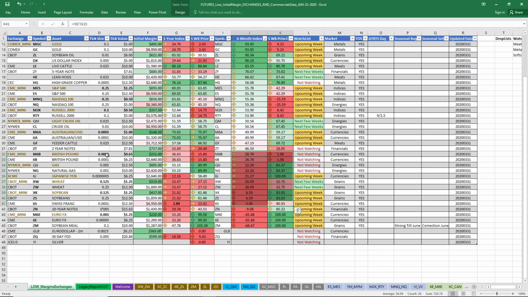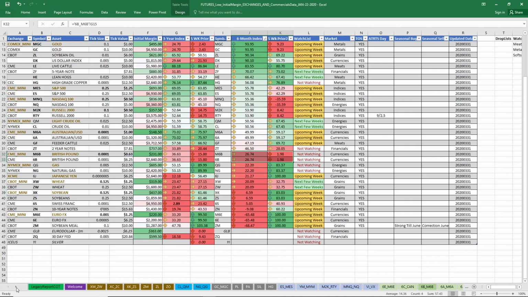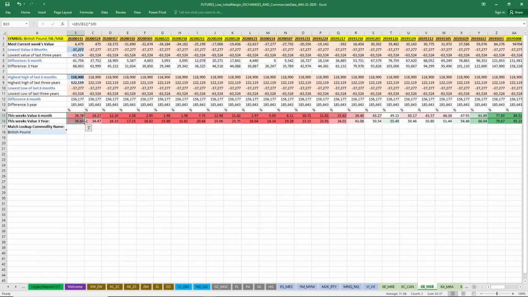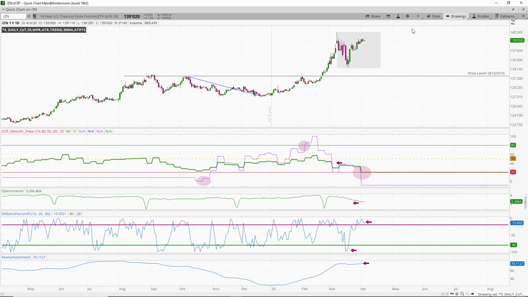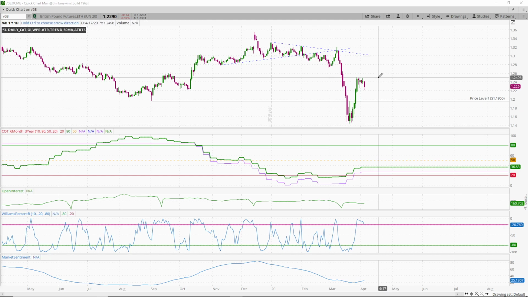So here's the rest of it. British pound, I haven't been paying attention to the British pound very much, but it looks like they're lifting their head just a little bit ever since. Oh, wow. I mean, look at all that red. It just doesn't look good for the British pound. It doesn't look good for a lot of the currencies outside of maybe the Japanese yen and maybe the Australian dollar.